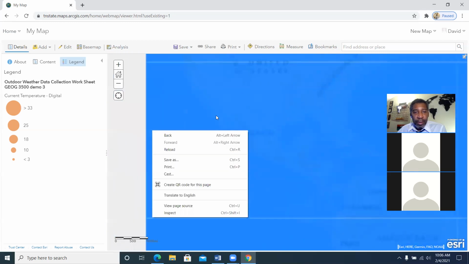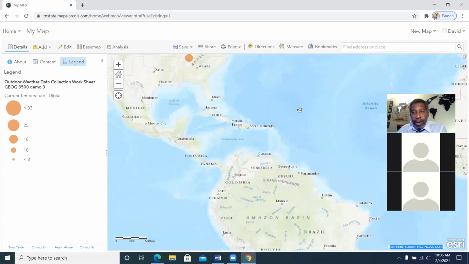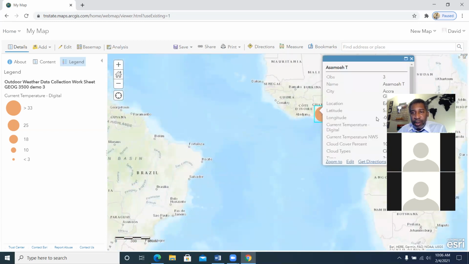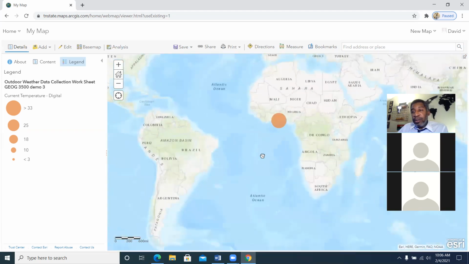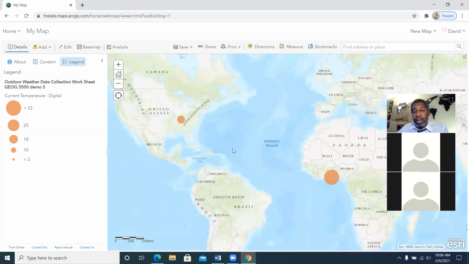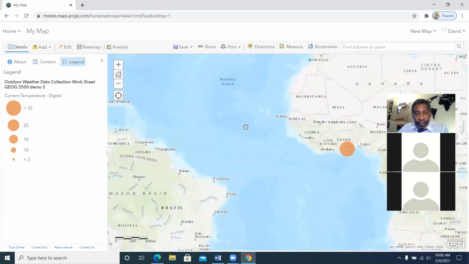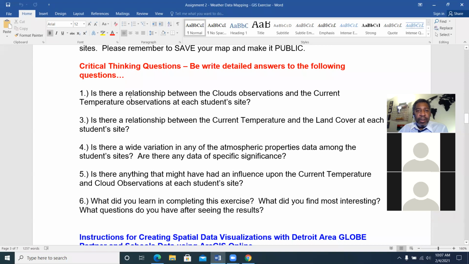And yeah, about 5 degrees north of the equator here. Let's see, she's exactly at, yeah. And so if you think that every whole degree of latitude is about 70 miles, she's about 350 miles north of the equator compared to where we are, which is much farther. And so latitude is one of the main climate controls. We'll talk about climate controls later on. But in answering some of these questions, okay, cloud observations and current temperature observations,